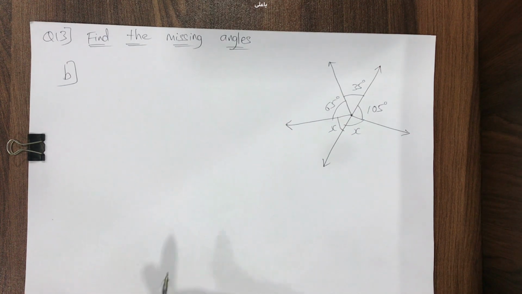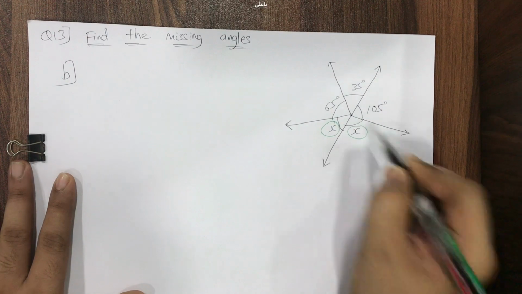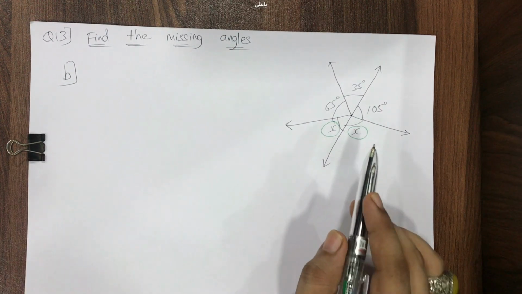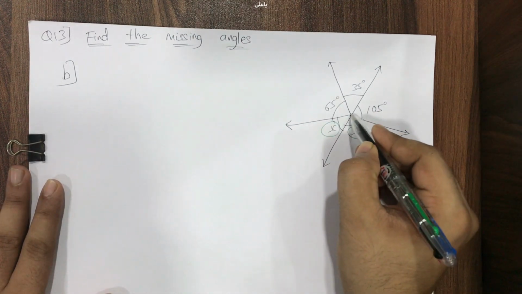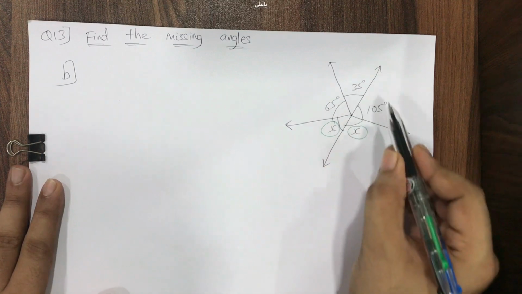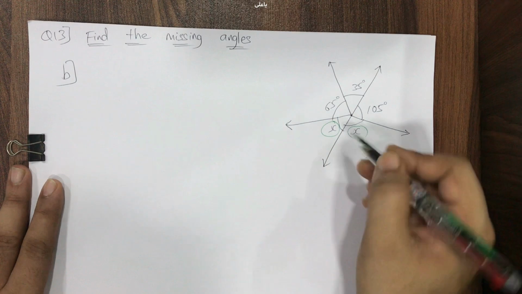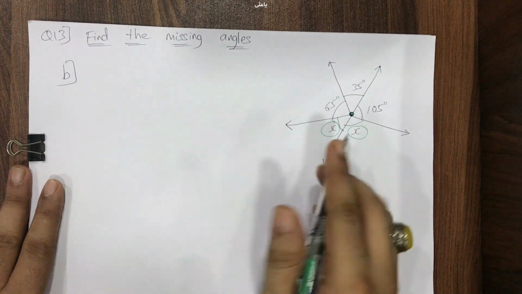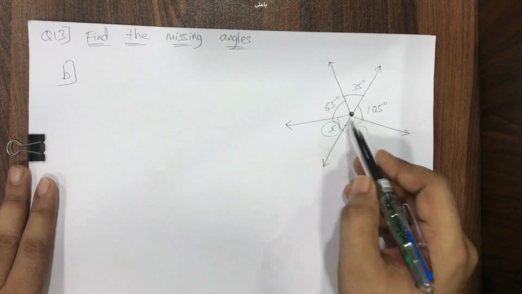Okay, let's start. Find the missing angles. Where can you see the missing angles? See here, I'll highlight it with the green color. I can see one x over here, I can see one x over here. That means I need to find the values of this over here. Can I say students, by merely looking at the figure, the 65 degree, 35 degree, 105 degree angles and x degree have a common vertex. This point I'm highlighting with the green color. So can I say all the angles are around a single point?